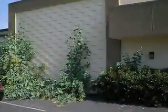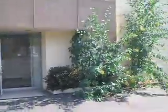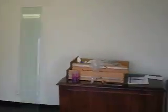the landscaping needs to be cleaned up pretty bad. I would think that the landlord would have to do that. You can see some of the weeds growing in between the paving, so it needs a pretty good cleanup on the outside. But when you walk in, the existing office of what would be our showroom is kind of long